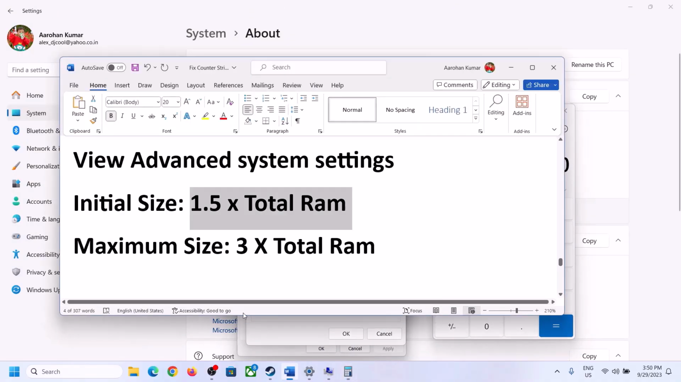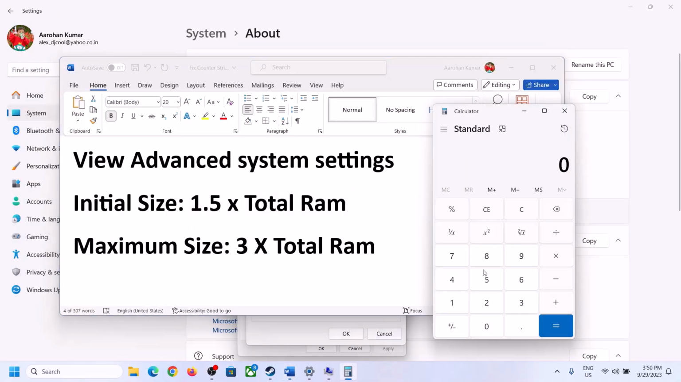Over here it's 1.5 into total RAM. Total RAM in my case is 16 GB. So 16 into 1024. 1024 is actually 1 GB is equal to 1024 megabyte. So 16 GB in megabyte will be 16384. Into 1.5, 1.5 into total RAM. This is my total RAM in megabyte. Now 1.5 into total RAM, that is into 1.5. So in my case initial size is